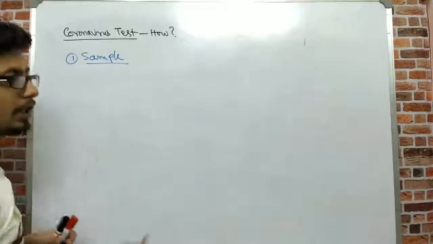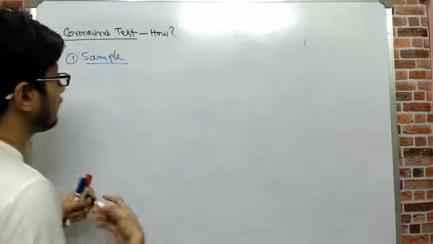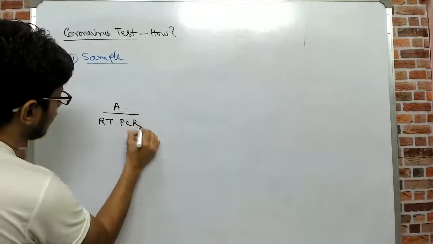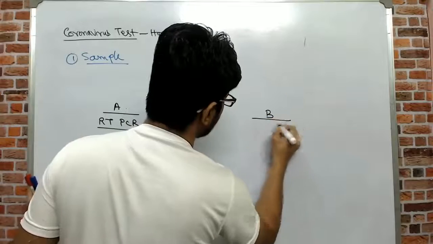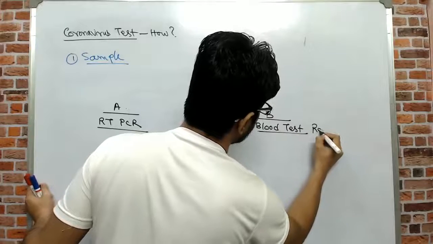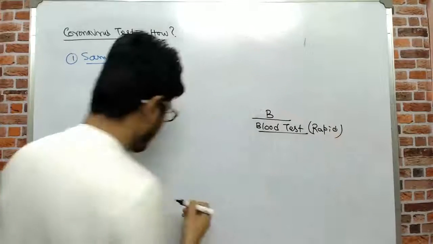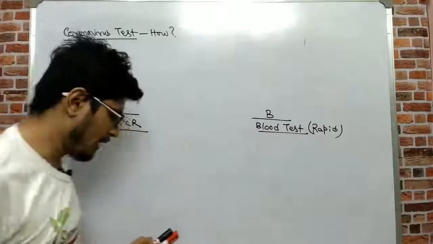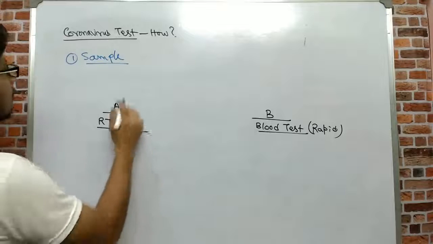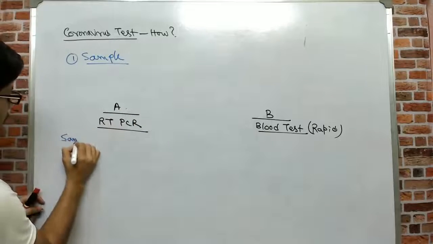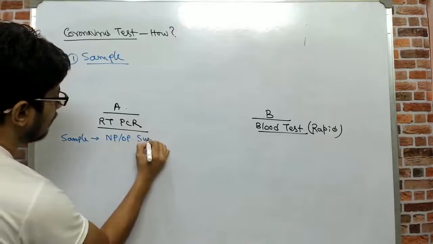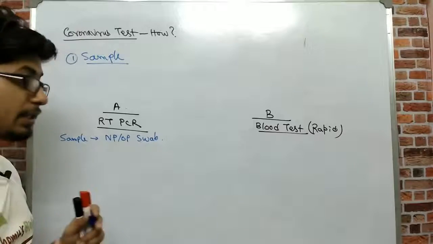There are two different approaches we are going to talk about here, two different techniques. Technique number one is the RT-PCR technique, and technique number two is the blood test or the plasma test rapid test kit process. Now remember, in both these cases we need to take a sample. The nose swab, the cotton swab that we have talked about, is for the RT-PCR. So the sample we use in this case is that nasopharyngeal or oropharyngeal swab that we take, which must contain the virus if you're infected.